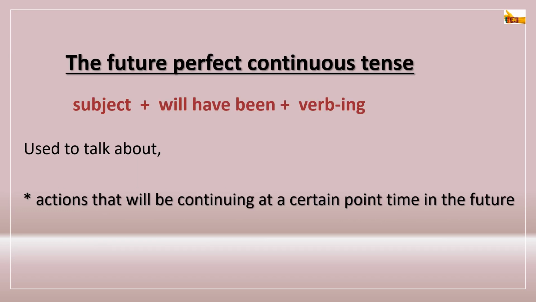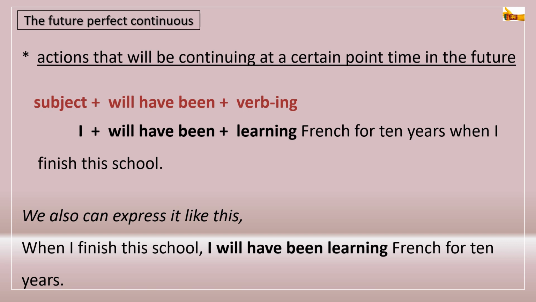Finally, we have the future perfect continuous. The structure is subject plus will have been plus verb-ing. This tense describes actions that will be continuing at a certain point in time in the future. When you use this tense, you are thinking about the duration of that action up to a certain point in time in the future. For an example, I will have been learning French for 10 years when I finish this